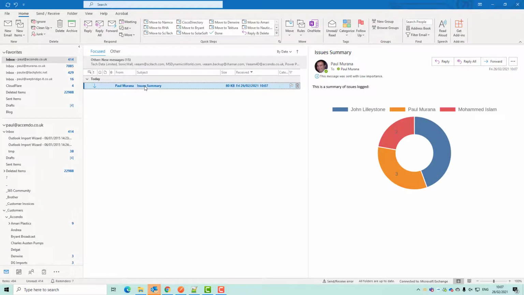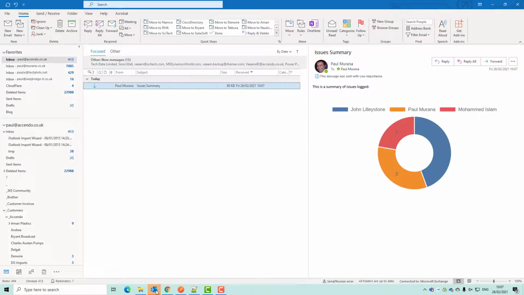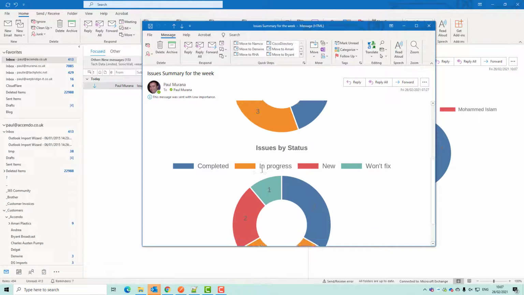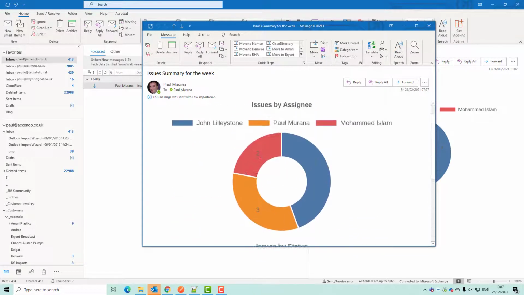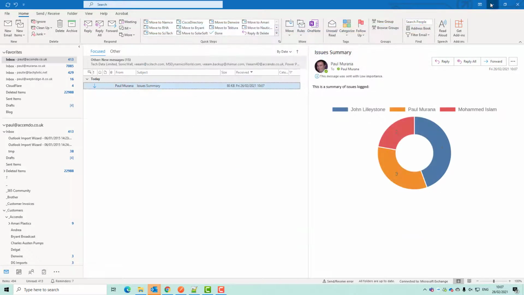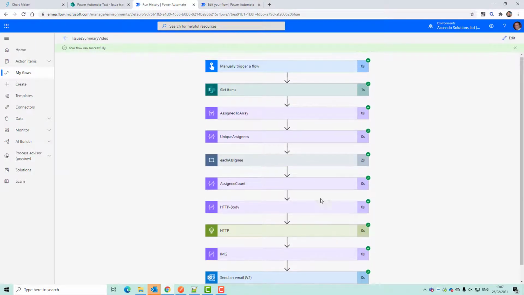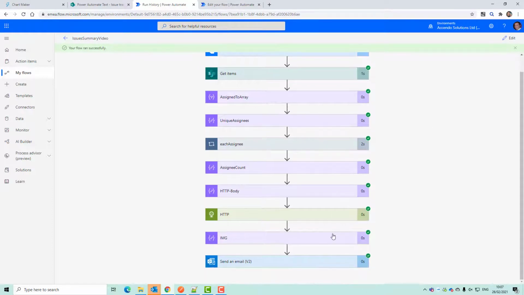Okay, so here is our email with our images attached, or embedded rather. And so that works pretty well and only took a moment to generate. Obviously the second one that I showed you in my original example is just another of the same kind of query, just bringing out slightly different data. So hopefully that shows you how quickly you can build this up to generate charts. I'll just show you a couple of other fun things that you could do with it.